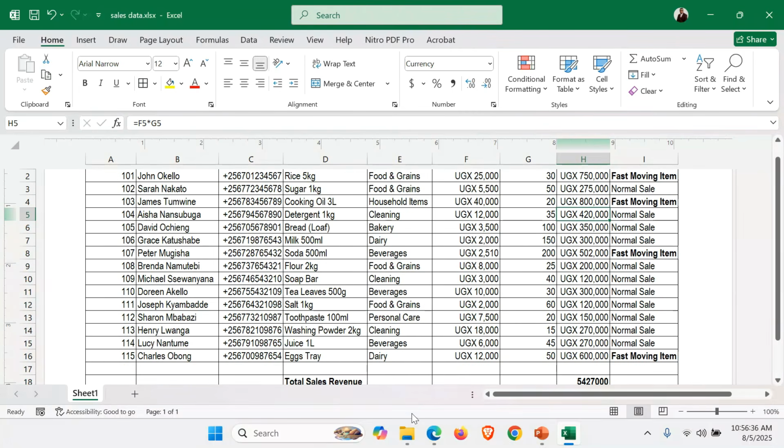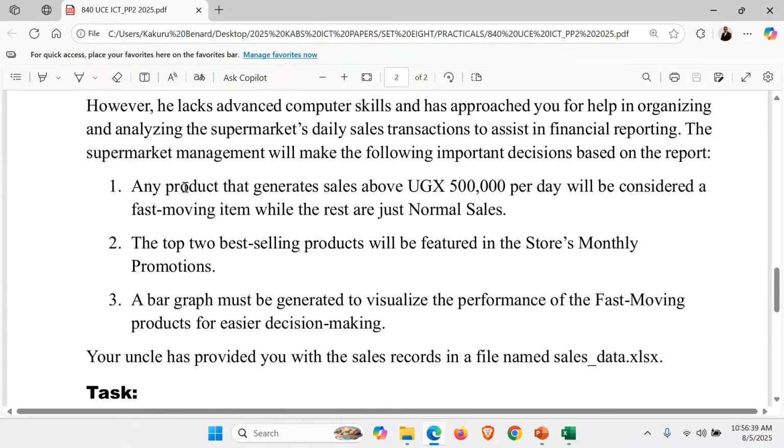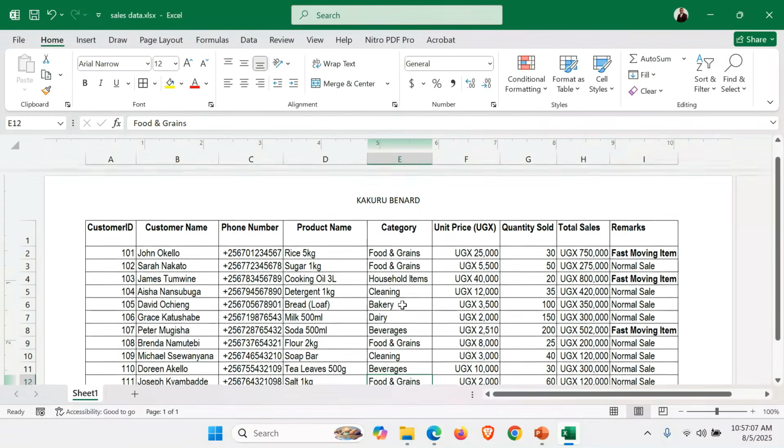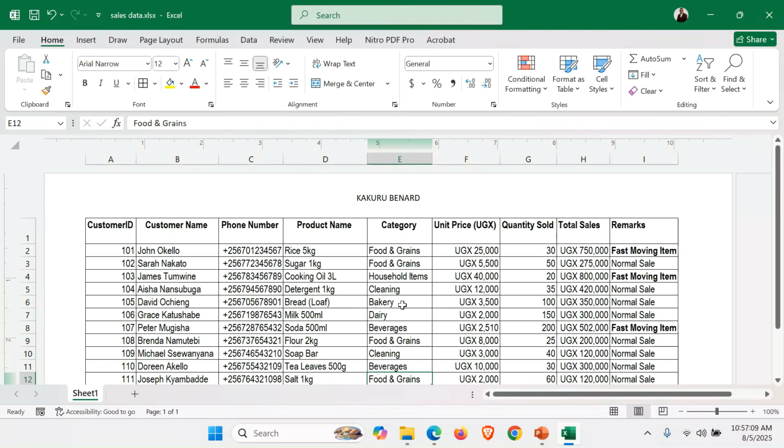Next, the task is saying that any product that generates sales above this is considered as a fast moving item. Then more to that, the top 2 best selling products will be featured in the store's monthly promotions. Then next, a bar graph must be generated to visualize the performance of the fast moving products for easier decision making. So that means that now, after doing this, you can decide to do advanced